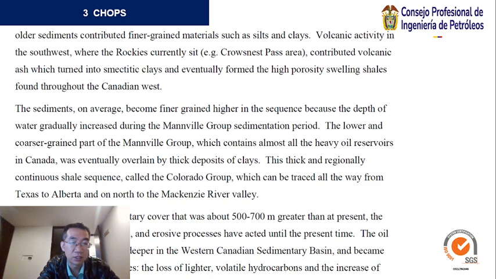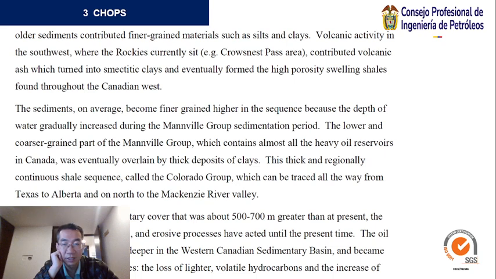After a burial under a sedimentary cover that was about 500 to 700 meters greater than present, the region underwent slow uplift and erosive processes have acted until the present time. The oil invaded the reservoirs from deeper in the Western Canadian sedimentary basin and became viscous through two processes: